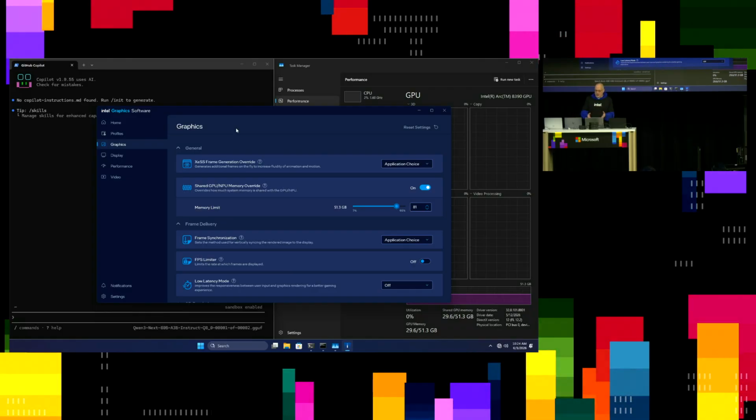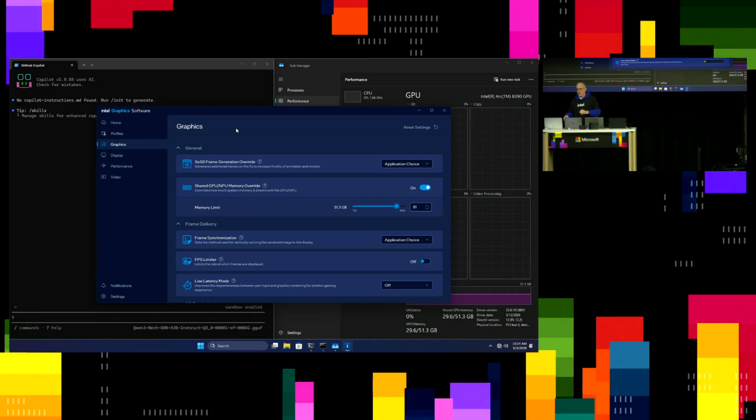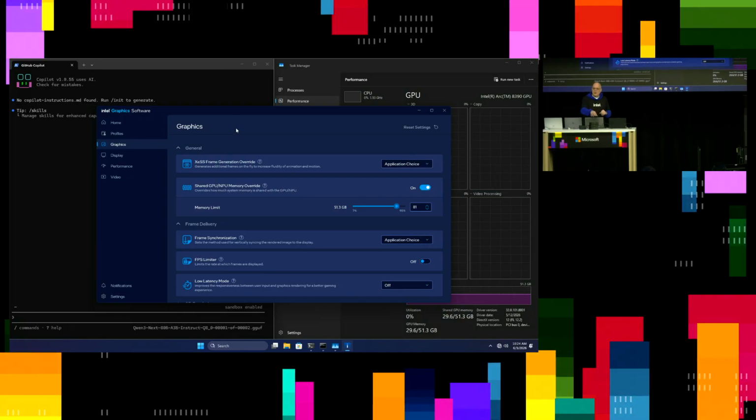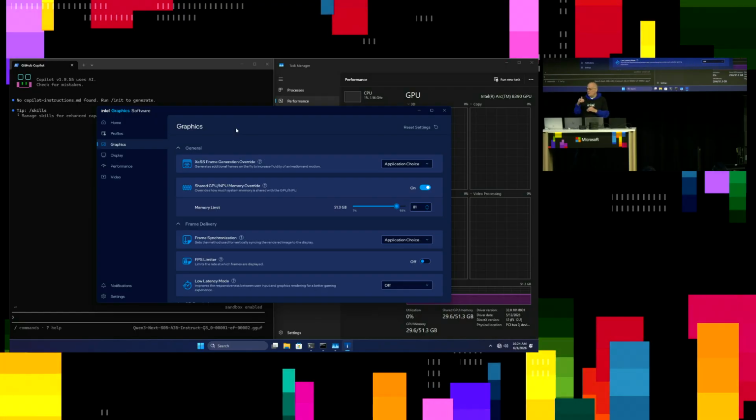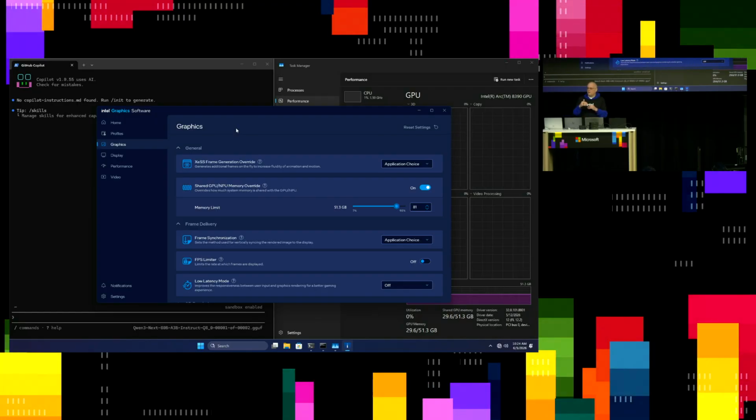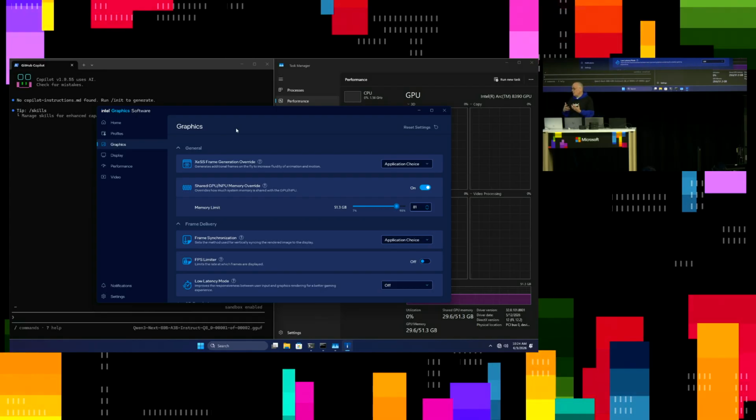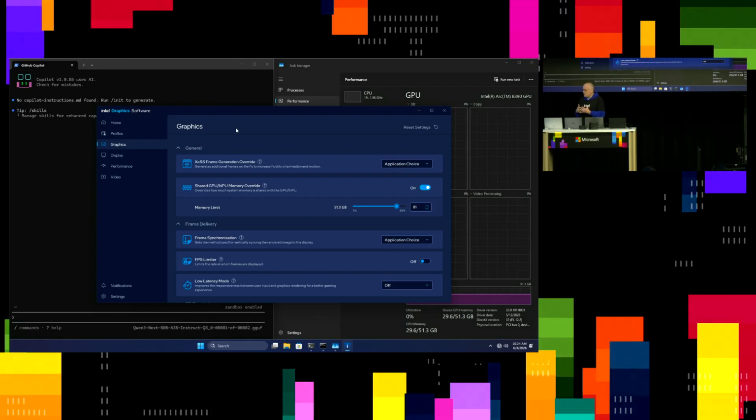What you can do today, though, built into our graphics driver, so this is the free driver for our graphics that you can download from Intel.com, is you'll see the second thing down there that says Shared GPU NPU Override. So with the big graphics, we are enforcing our OEMs to put really, really fast LPDDR5X memory in there. So 9200 or faster is what we're really shooting for. So it's really fast memory that's in there.